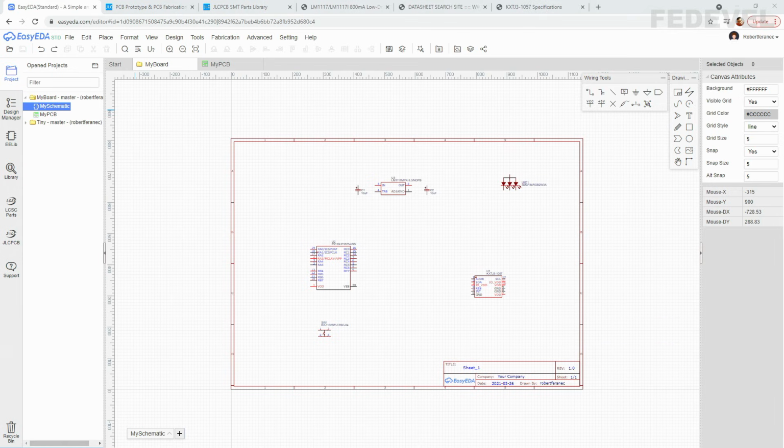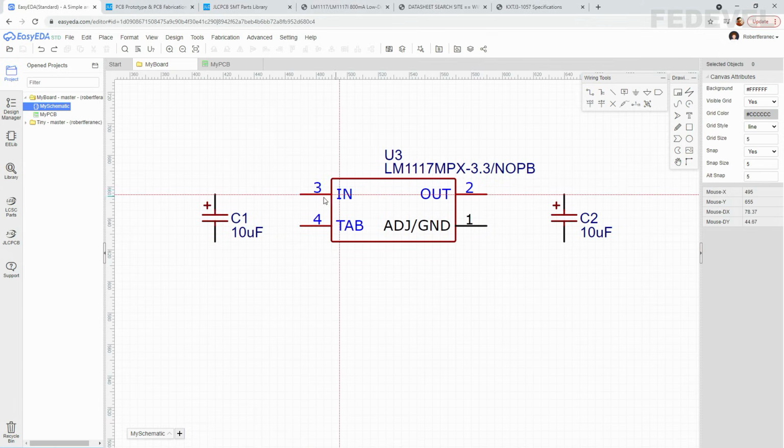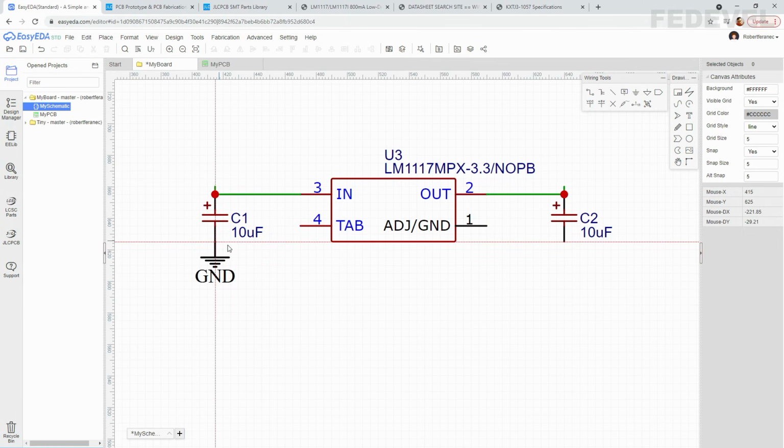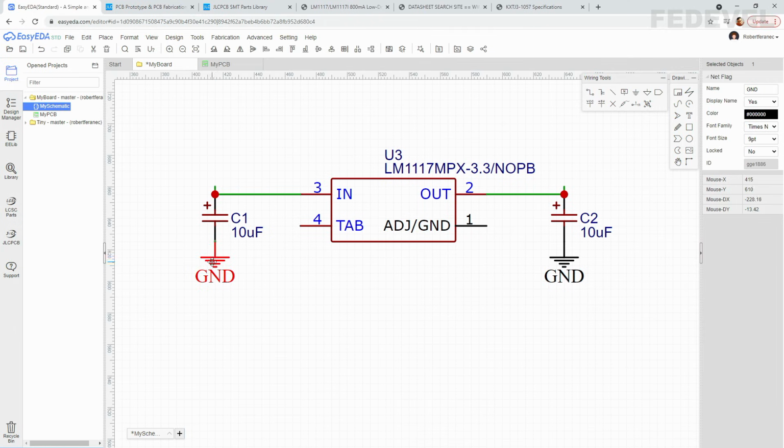To connect these capacitors, we are going to use this wire feature, this button here in wiring tools. So left click, zoom in, left click, left click, left click, left click, left, left, left, left, escape. We would like to add also ground, so left click here, left click, escape. I will move it a little bit down, just press left button, hold it down and move it.